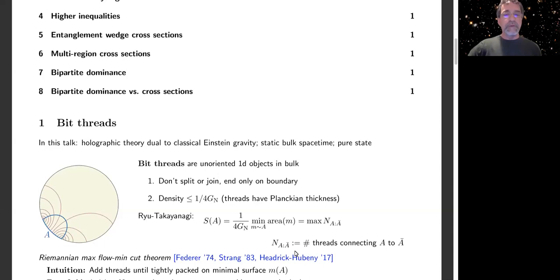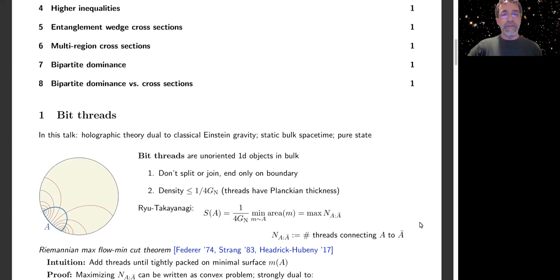Of course, intuitively, it's just that you keep adding threads until you hit this bound somewhere, and the place where you hit the density bound first is on the minimal surface, and then that's why the maximum number of threads is equal to the area of the minimal surface. So it's quite intuitive. It's not intended to be any kind of surprising statement. But how do you prove such a thing? Well,